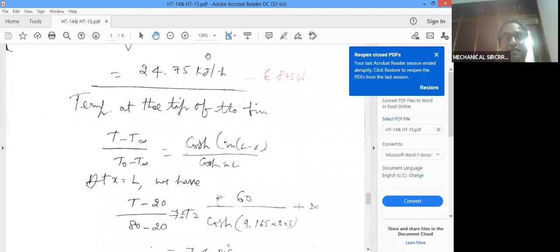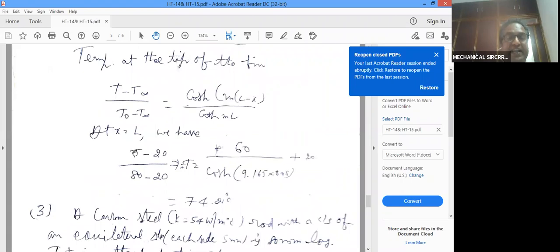So temperature at x is equal to L. Here, T minus T free stream 20, divided by T naught value 80 minus 20, is equal to cosh m into (L minus x). The x value is L, that's why m into (L minus L) is cosh 0, that is 1. So 1 by cosh mL. That's why (T minus 20) divided by (80 minus 20) is equal to